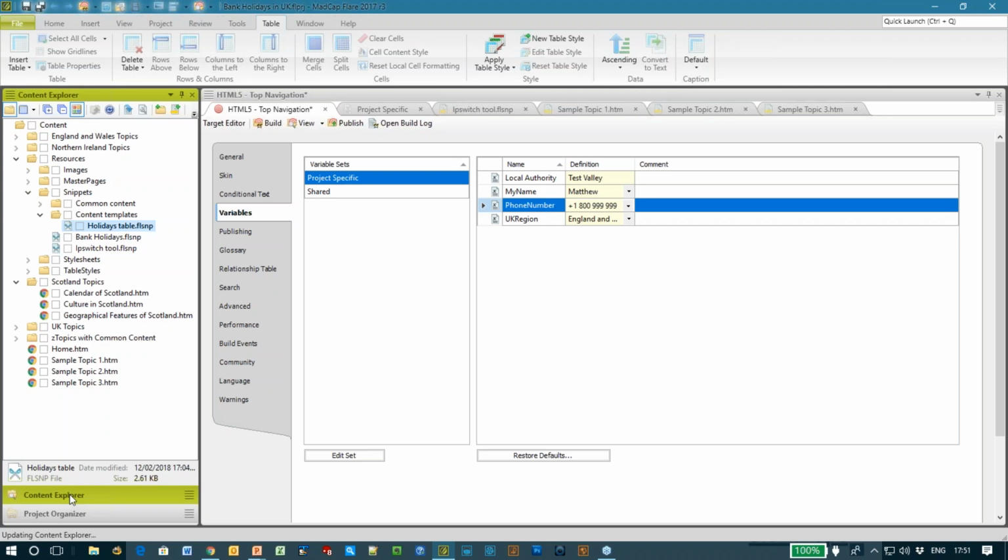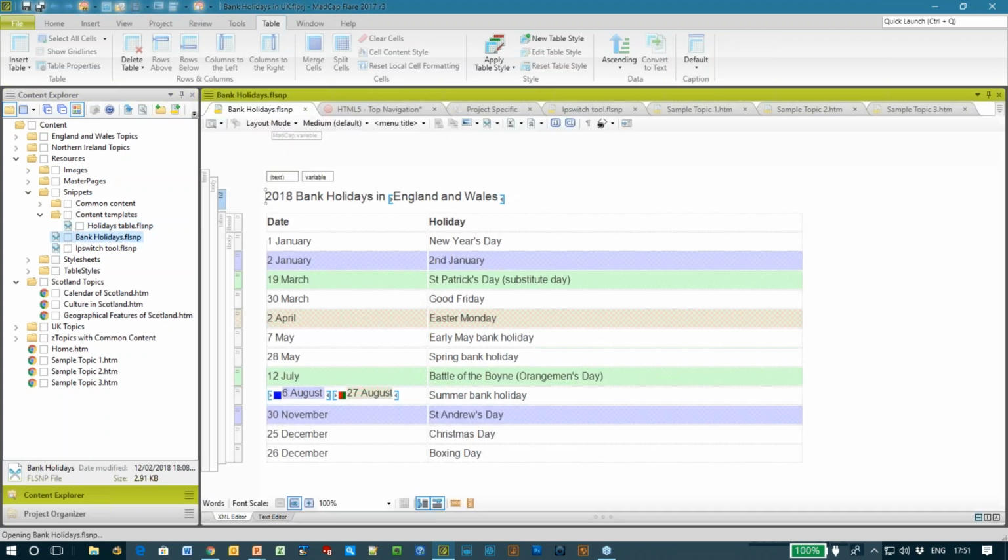Now, what I want to be able to do is to present that list, but depending on where I present it, whether it's in a Scotland topic or an England topic or a Northern Ireland topic, to show the correct public holidays. The way I've done it is I've set up a snippet because I want to reuse this table of holidays. I want to write my list of holidays once. So here is my list of holidays. We call them bank holidays in the UK. This is a snippet. And what I've done is I've made a list of every single holiday, whether it's a Scotland holiday or an Ireland holiday or a shared holiday.